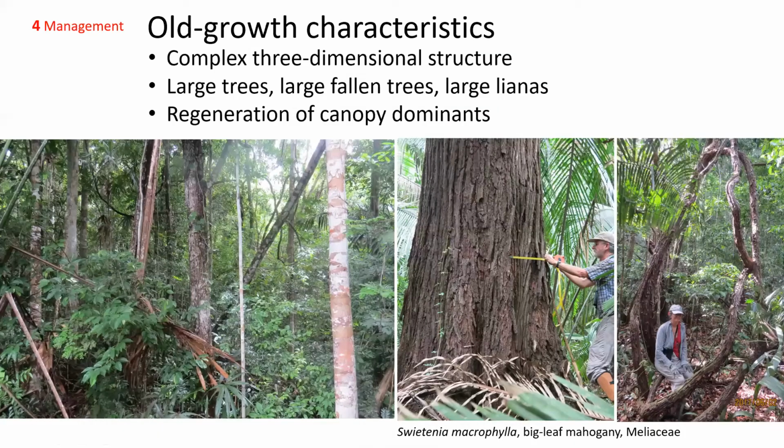Also, another way you can judge old growth forest is by certain physical parameters. You have highly complex 3-dimensional structure. You have big trees that are big, given the climate. And by the way, this big one here, which is being measured, is a mahogany. And so you get an idea of how light the selective logging was. Even when they quit logging 20 or 30 years ago, that was a heck of a big tree. That is a very valuable tree, but somehow they didn't get to it. And then also, large lianas, as shown in the picture here, are characteristic of old growth forest.